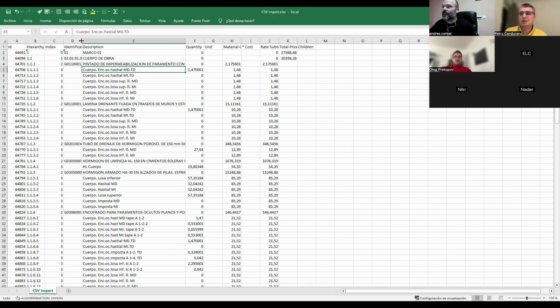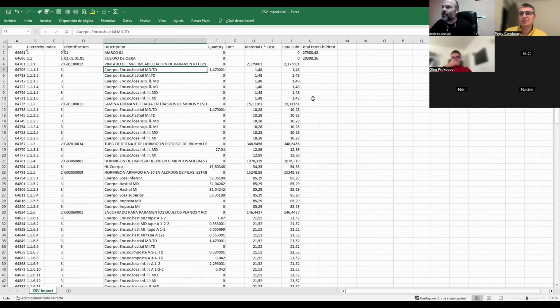I have the codes of the unit, the partida in Spanish, I don't know the English. It's okay, no worries. You have the units, the price, and here are the measurements. There's something wrong in some of them.